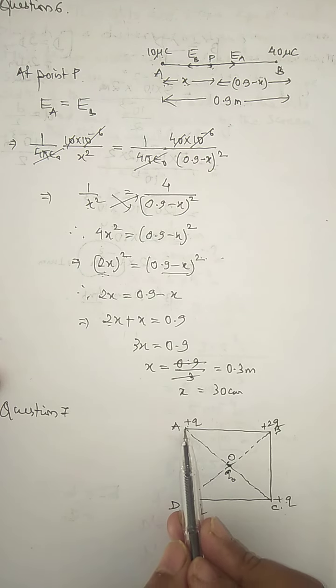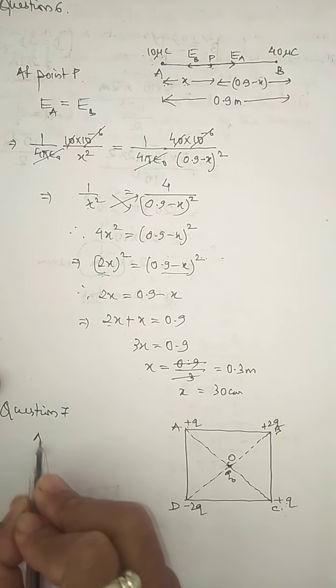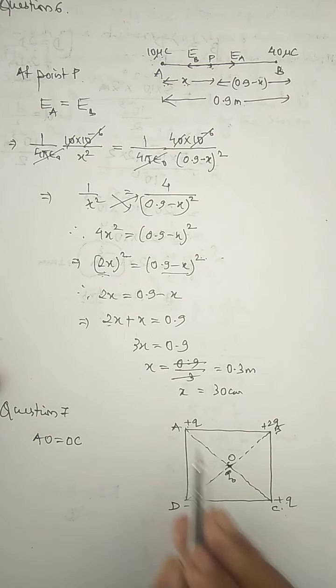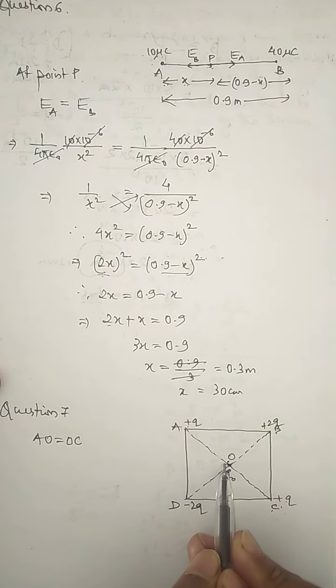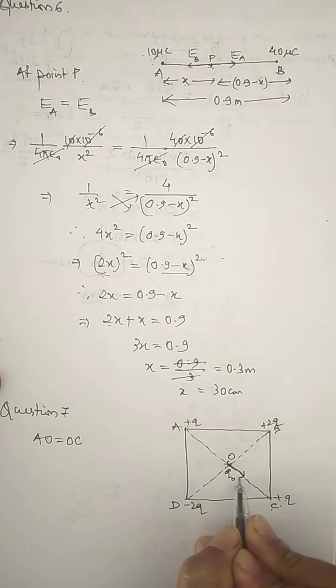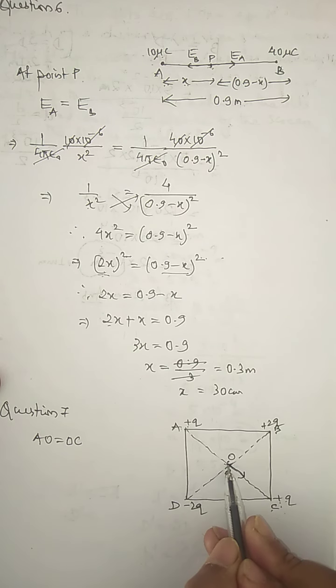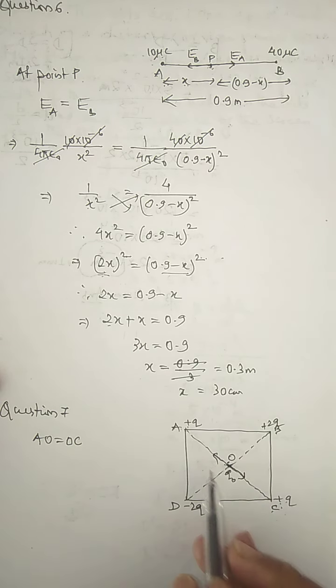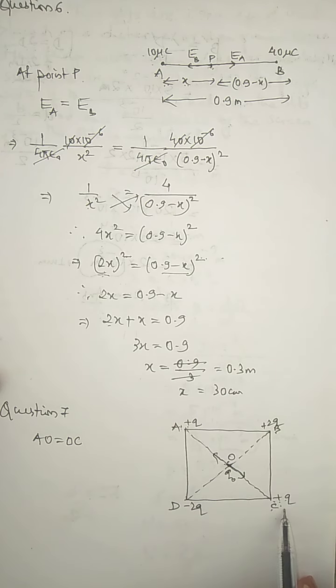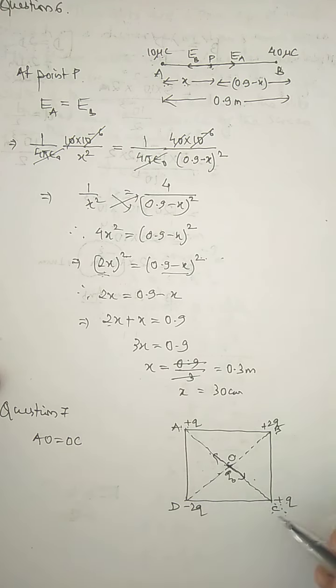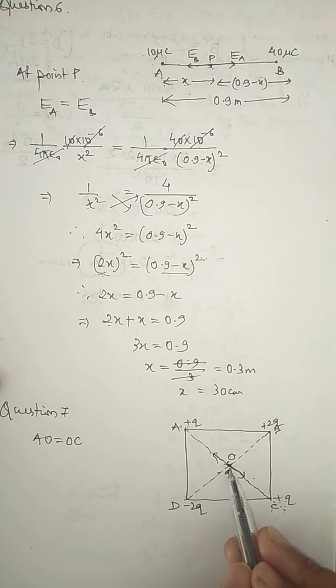So what happened? The distance from A to O is the same. So distance AO and OC is the same. Same distance, same nature of charge. So the force exerted by this charge on O will be in this direction, and the force exerted by this charge on O will be in this opposite direction. And the forces exerted by these 2 charges placed on the diagonal AC will be equal in magnitude but opposite in direction. So what is the net force along this diagonal? It is 0. So the net force along this diagonal will be 0. So no net force acts when you place a certain charge at O.